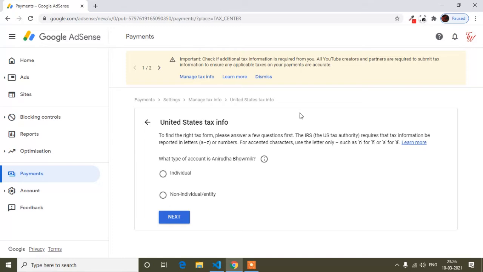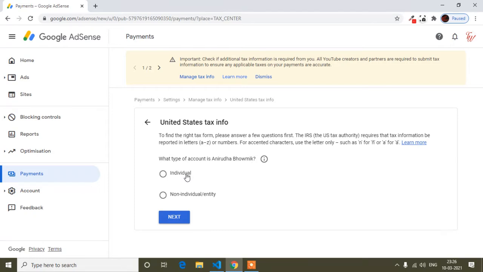Now guys, after doing that, you will find this type of option: individual and non-individual entity. Individual means that if you opened your YouTube channel and only one person is working on your channel, only you, then you can select individual.